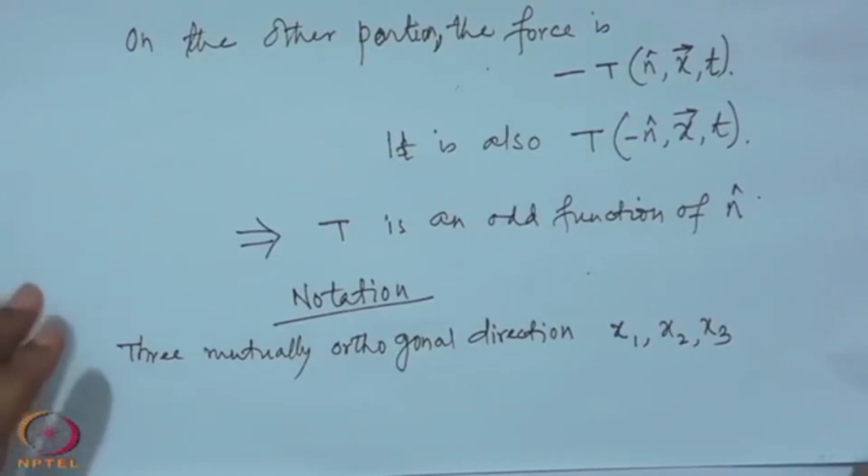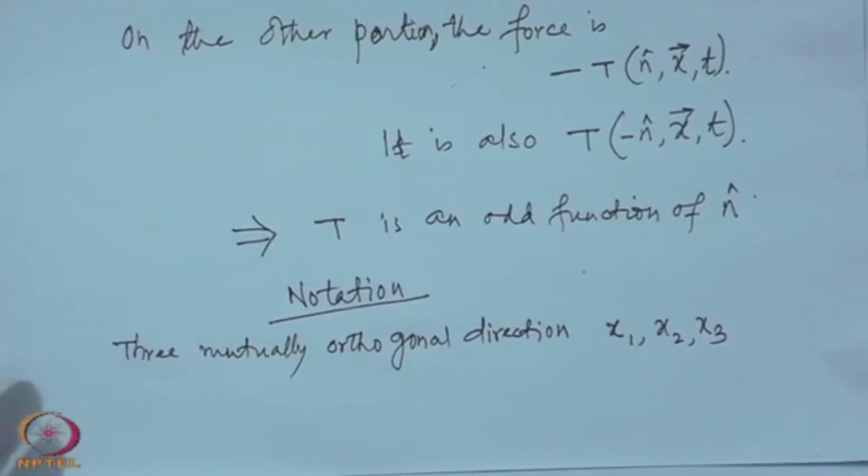We will see that we are doing this for convenience, so that we can write whatever we want to write in a much more concise form, instead of writing them in x, y, z. Similarly, any vector which has three components, again we will denote them by the subscript 1, 2, 3. Like the force which has three components, we will denote them by F1, F2, F3, as an example. The body force per unit volume, or these forces F and T, the three components of them will also be denoted by F1, F2, F3, T1, T2, T3,